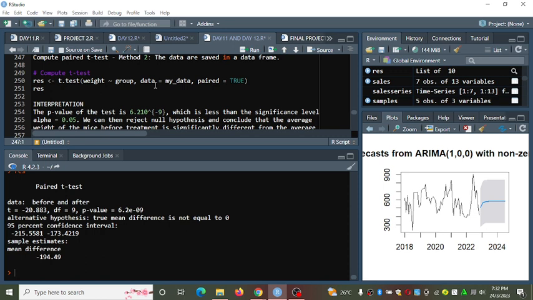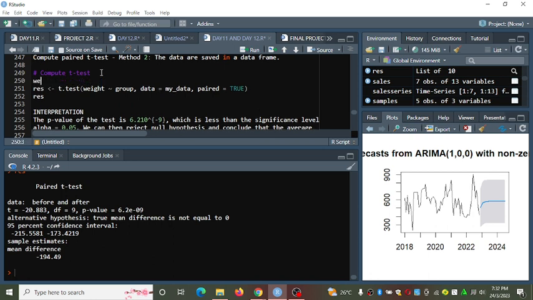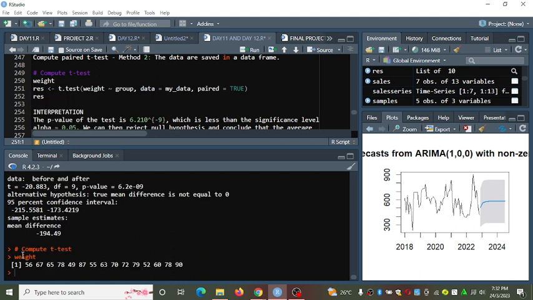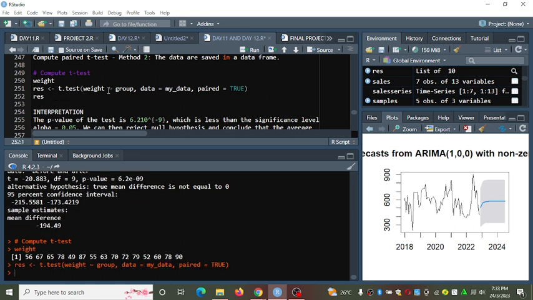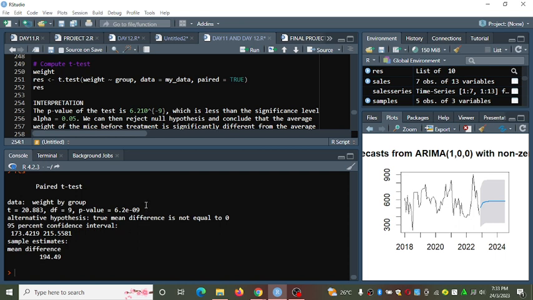So data is equal to my data, weight in weight, then I look at groups. I check on groups and I return my output, and I'm getting the same result.